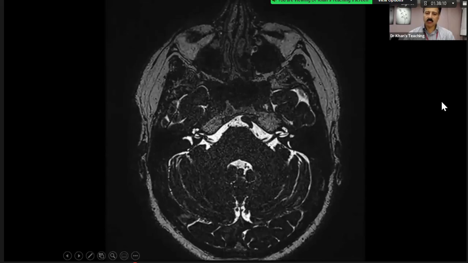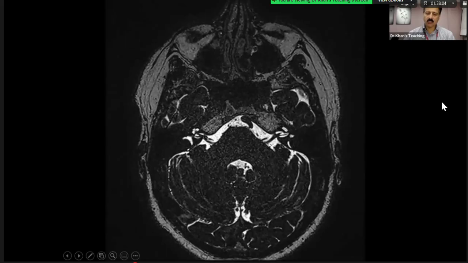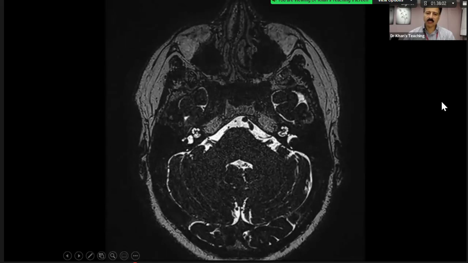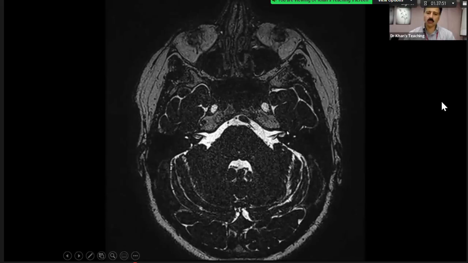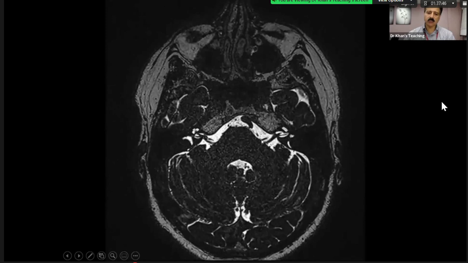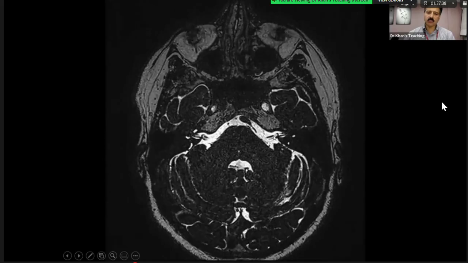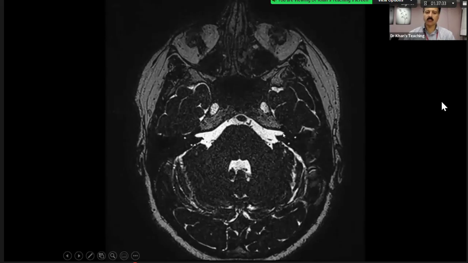Coming back, now this is cochlea. I'm going to go at a superior level. So at this level, you can see this eighth nerve here. Now, as I'm going superiorly, you can see this nerve here, which goes here, and then goes like this superiorly. So this is the facial nerve. Let's trace it backwards. This is the facial nerve. This is the vestibulocochlear. And I'm just tracing the facial nerve once again, and it is at a superior level. All of these things can be asked in the exam.